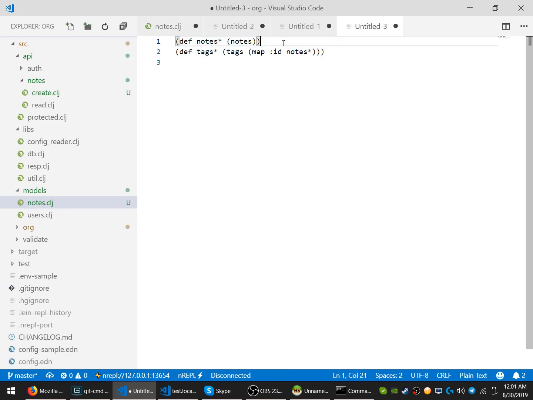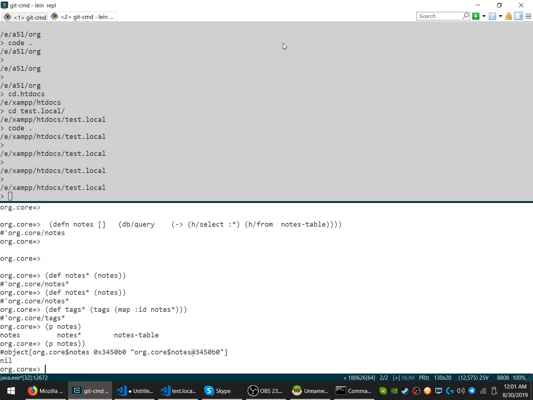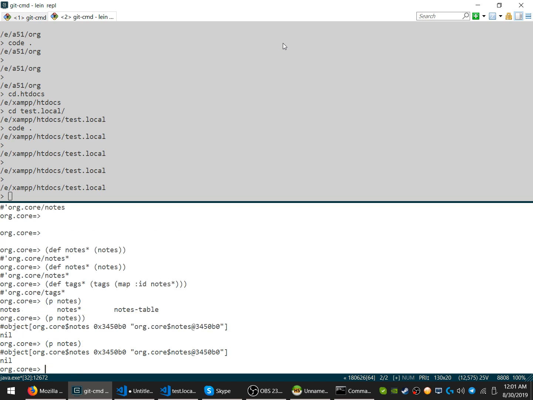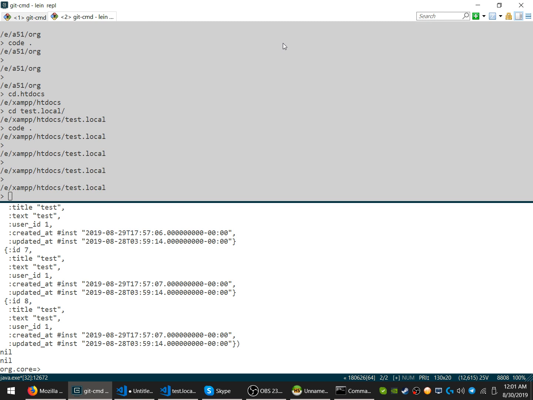Then let's define notes. We did that already. Okay, so let's look at the notes. Do all. Interesting. Okay, so we should be calling nodes,